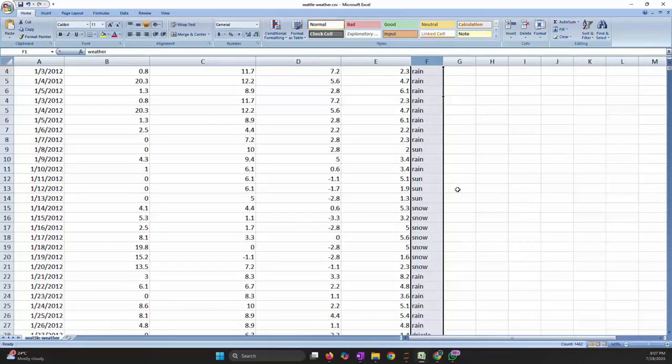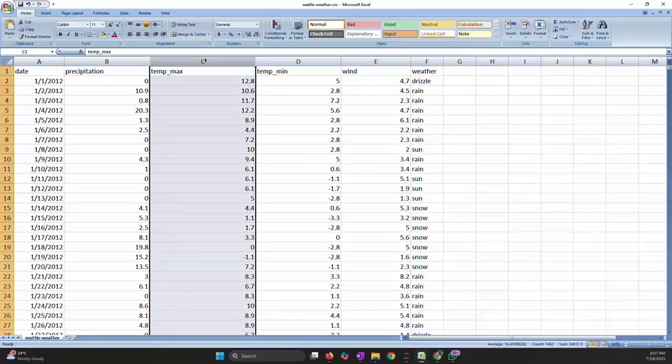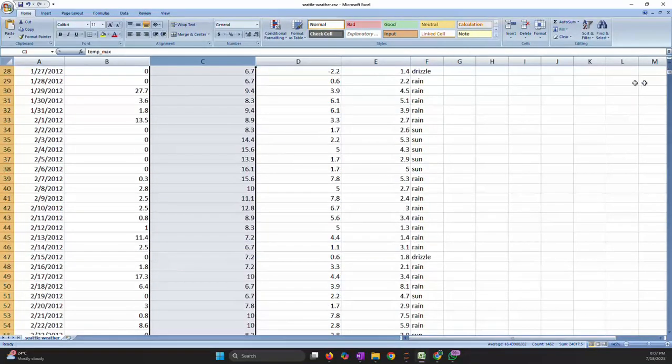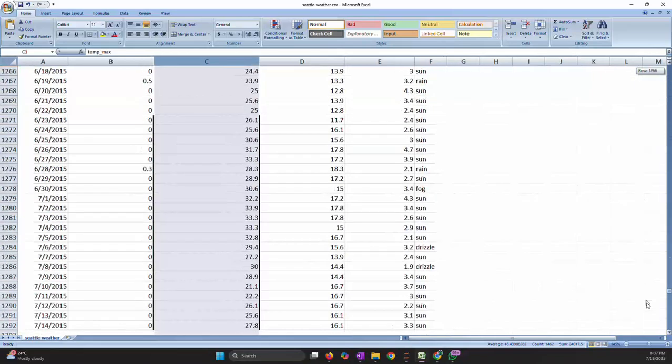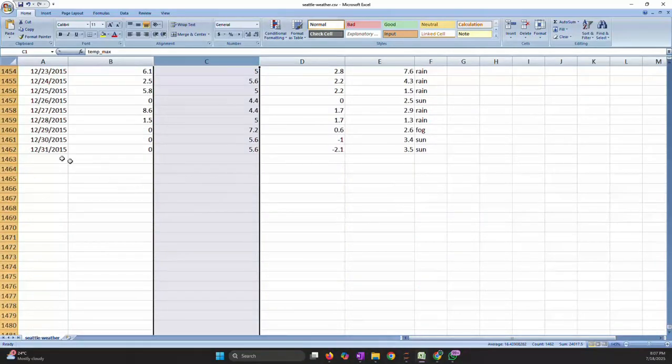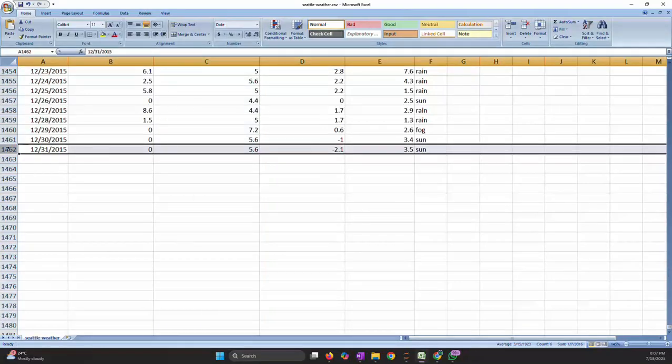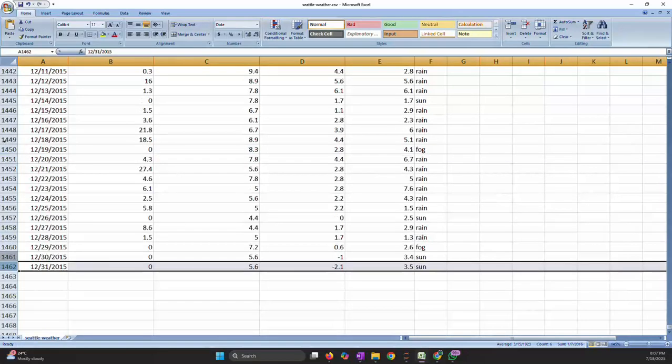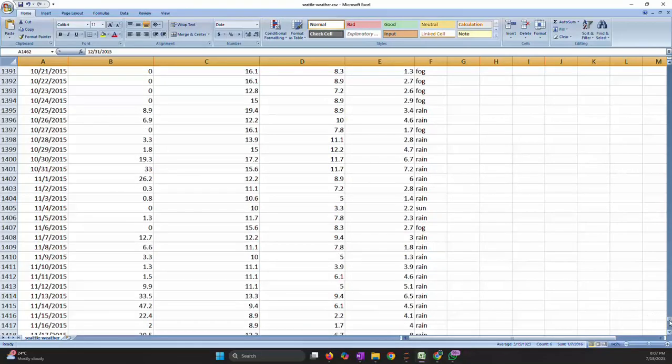Okay. But ideally, we'll try. Let me try it on my end and then see what happens. But in this example, we have taken around 1461 data points, I guess. The first row is taken as 0, so fine. You have 1461 data points. We are going to take all these data points